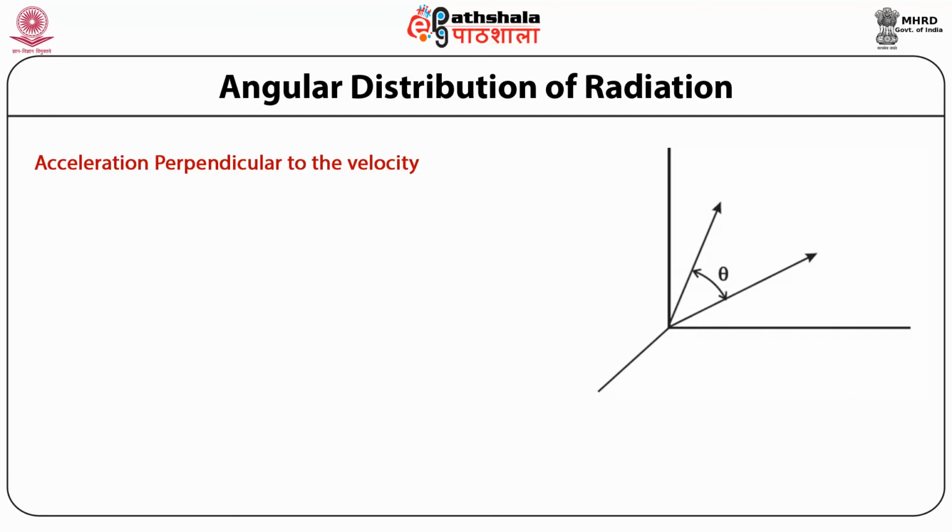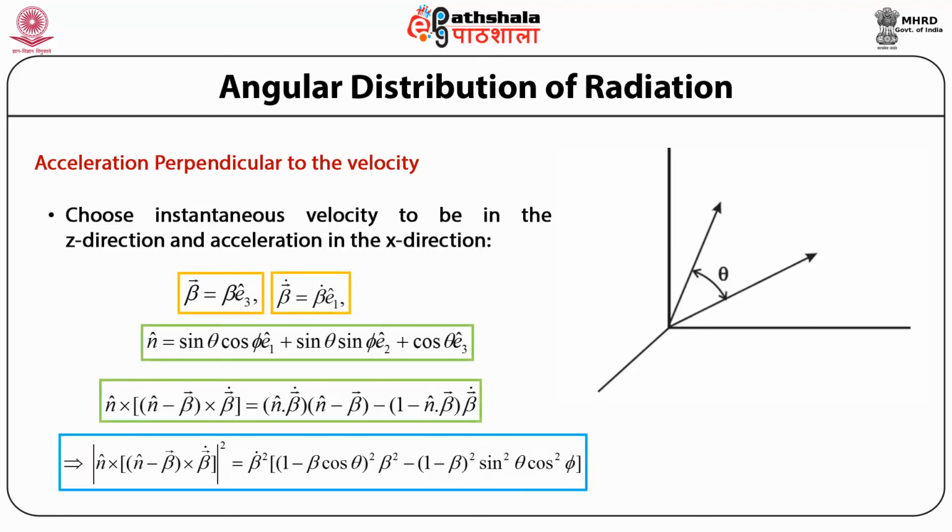Second case is the acceleration perpendicular to the velocity. So a particle in instantaneous circular motion has its acceleration perpendicular to its velocity. Let us choose the instantaneous velocity to be in the z direction and acceleration in the x direction, so that beta equals beta e cap 3 and beta dot equals beta dot e cap 1, and